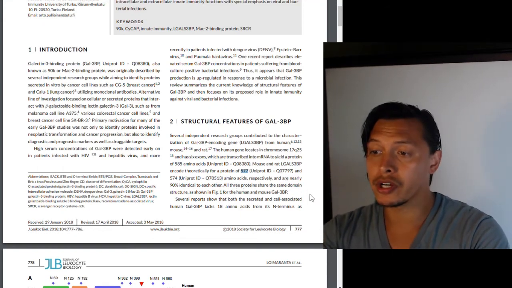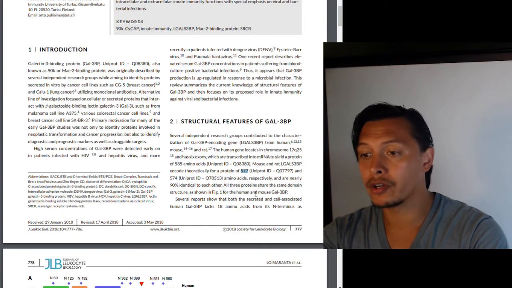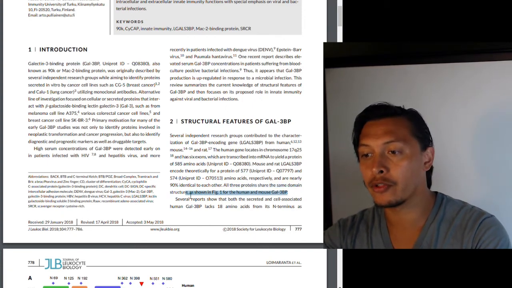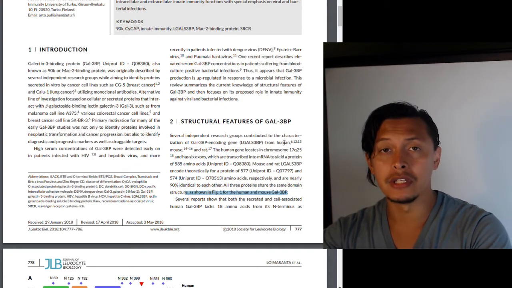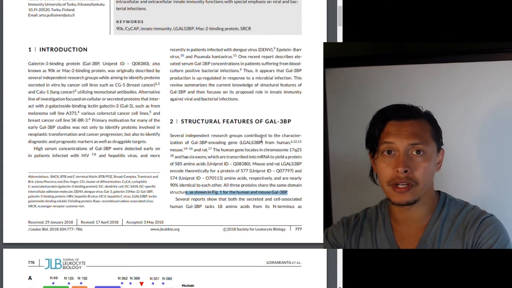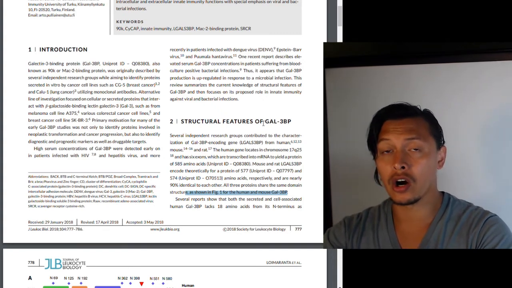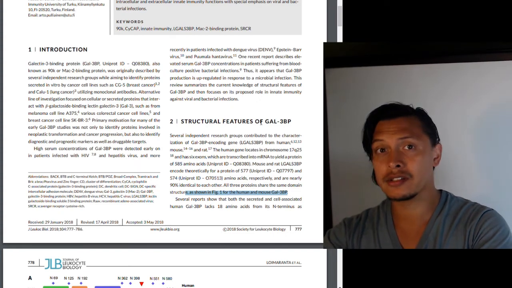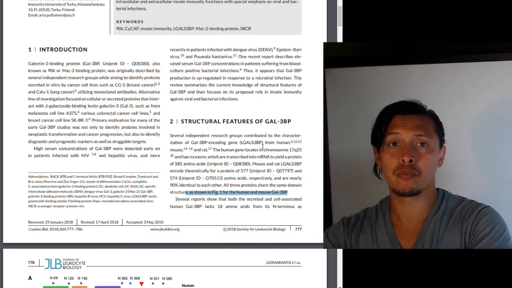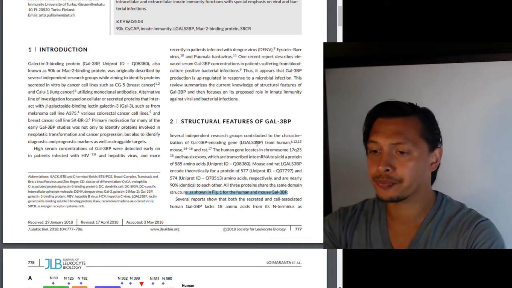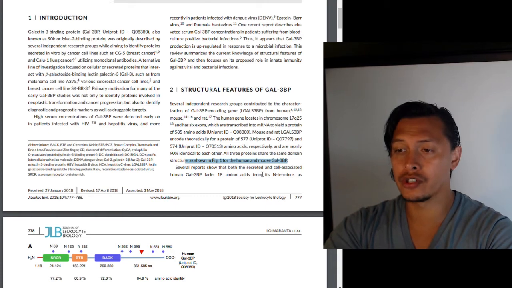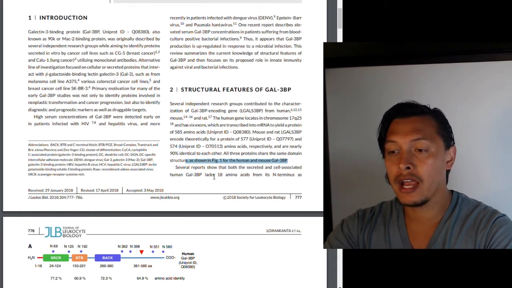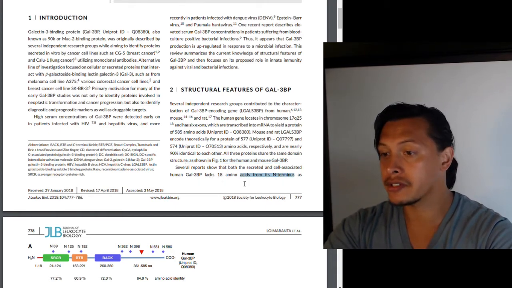All 3 proteins share the same domain structure as shown in Figure 1 for the human and mouse Gal3 binding protein. So here they're just saying that the DNA of humans, mice, and rats will encode for 3 different proteins, and those proteins are of different lengths, but they are pretty darn similar to each other. So several reports show that both secreted and cell-associated human Gal3 binding protein lacks 18 amino acids from its N-terminus,